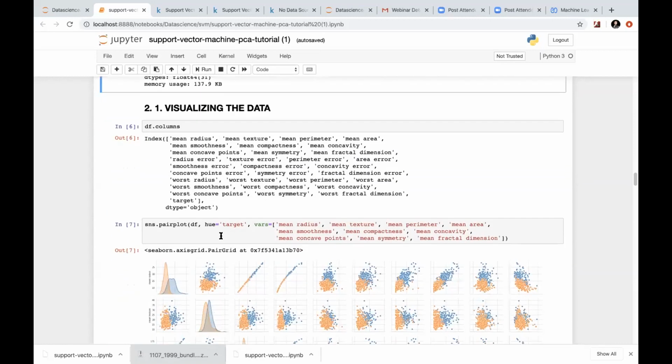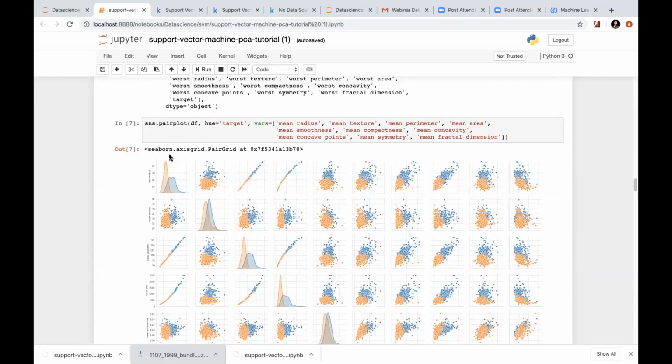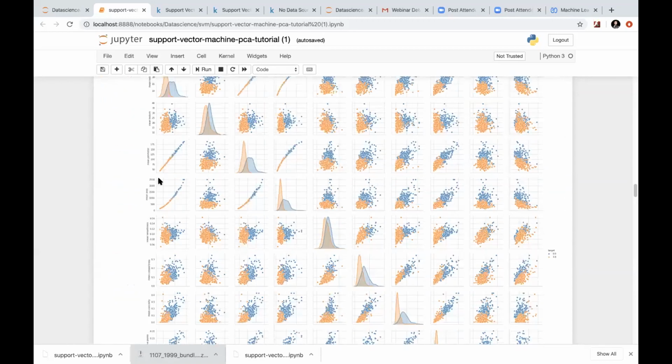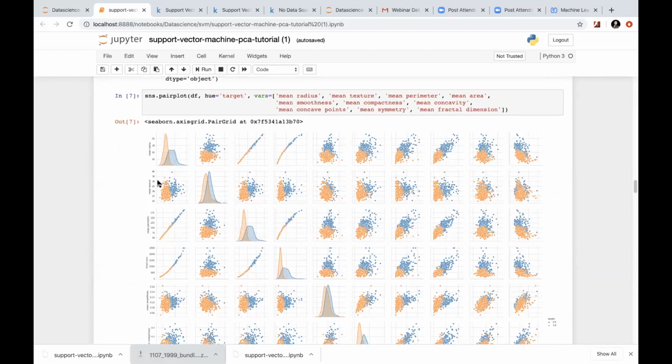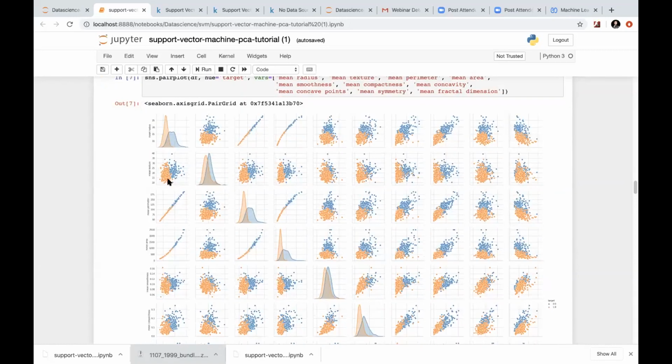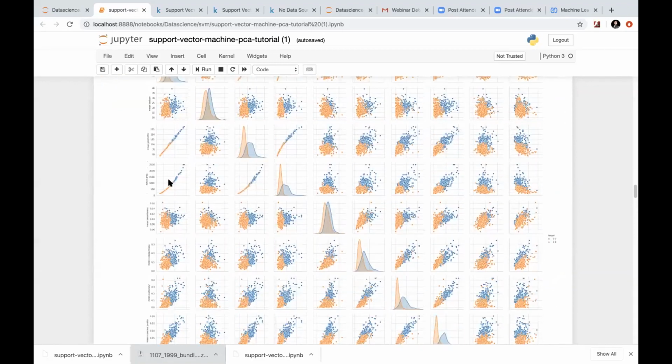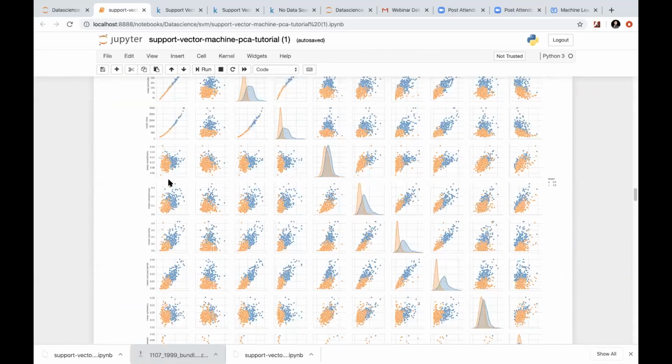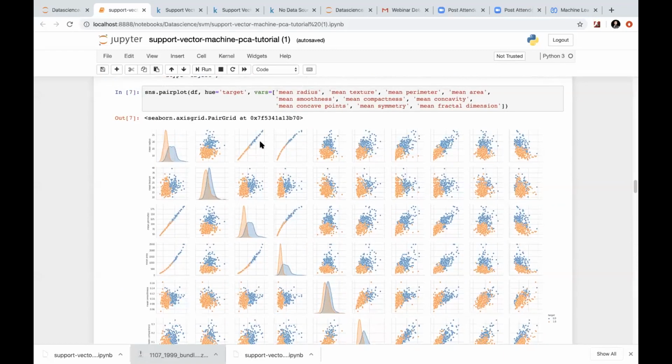So what I'm going to do is I've drawn a pair plot here, basically to visualize all the features with respect to one another. Here, mean radius with the target, then mean texture with the target, and all these I have visualized. I'm not going to explain each and every image here, but you can see there are some linearly separable dependencies possible.